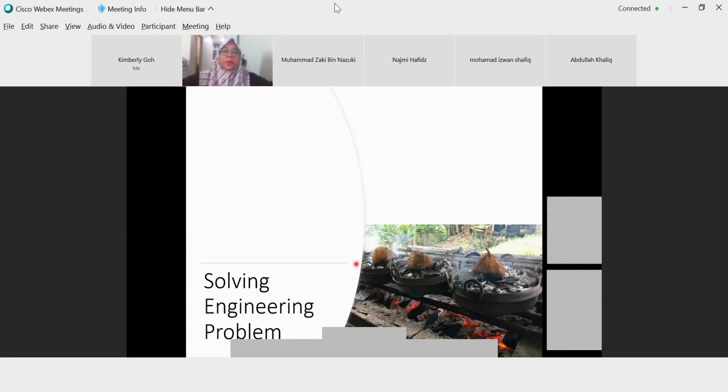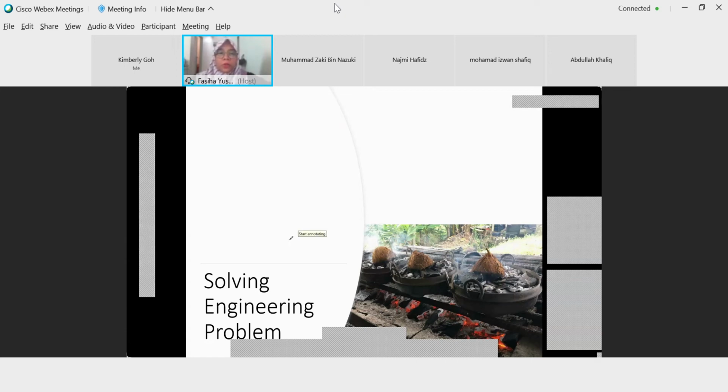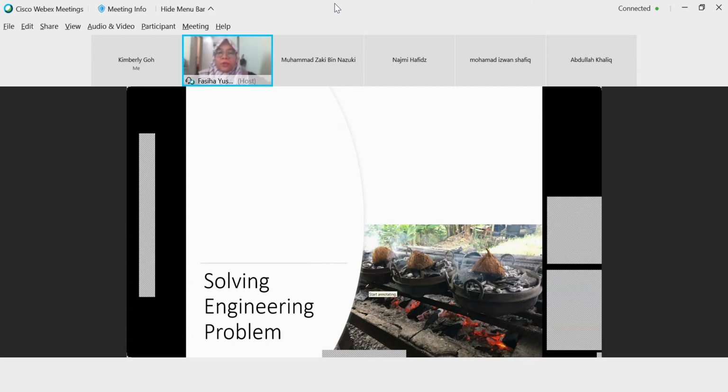You can type on the chat, or you can annotate on my slide also. Open for annotation, no problem. Not sure? No idea? Pressure cooker. Salai. Oh, salai. Interesting example I might consider for my other class.